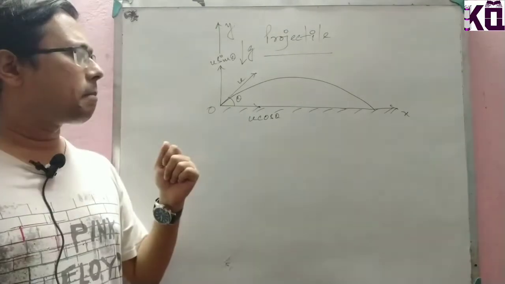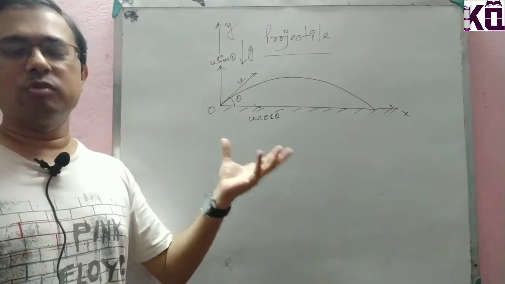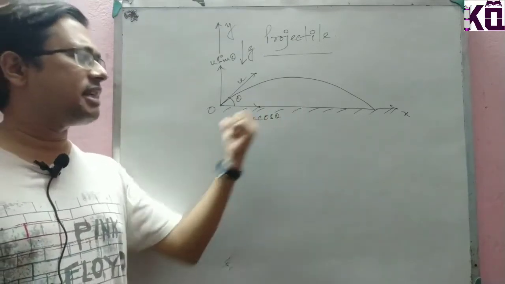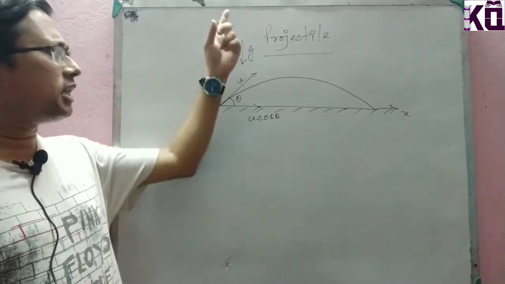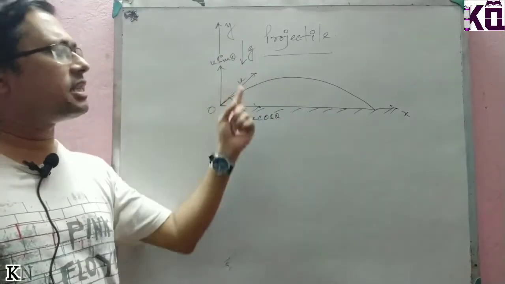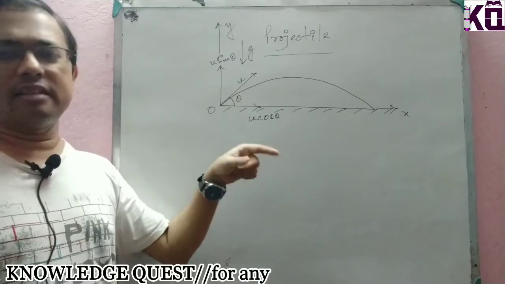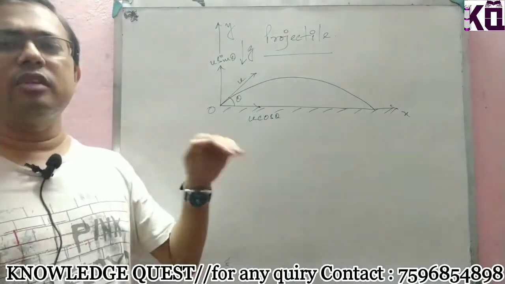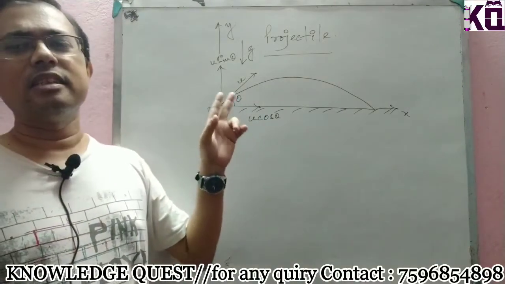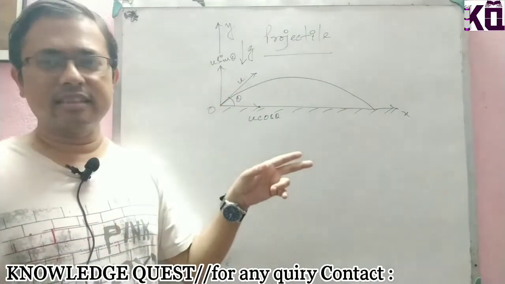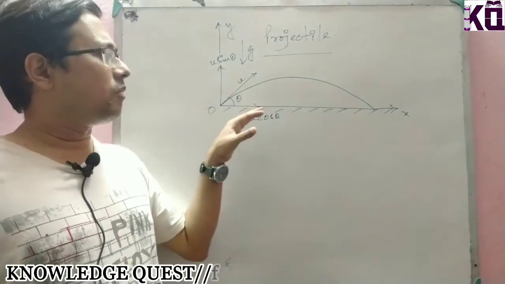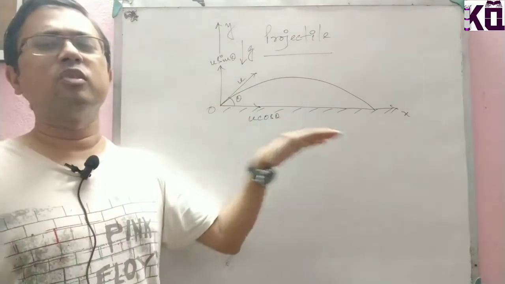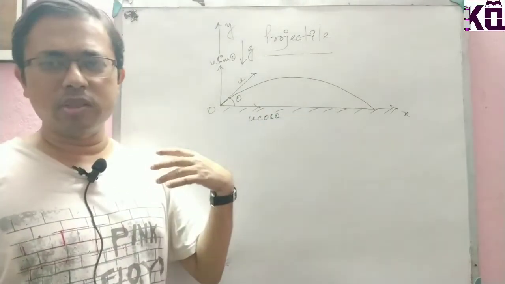But you will say there is air, so there must be air resistance. That is true, but if you want to identify the air resistance, then obviously not only in x direction, in y direction also you have to consider the air resistance. But in your class, in your standard, this air resistance is taken as neglected, and so we have to take care in x direction. When there is the motion, there is no acceleration or retardation, that means no resistive force is applied.